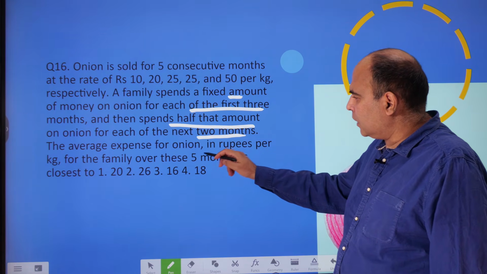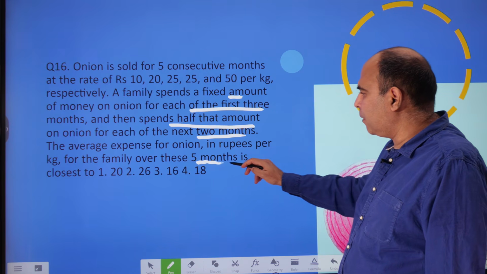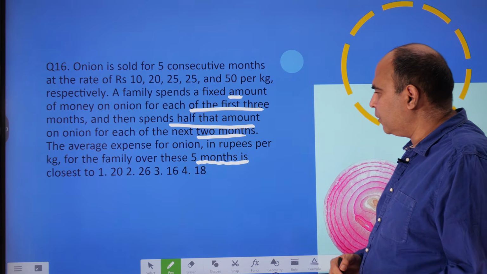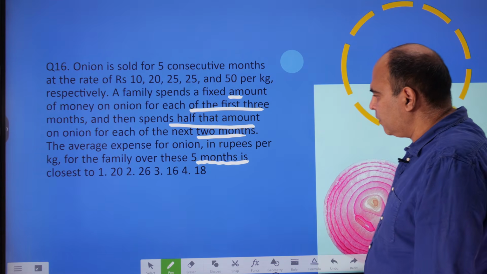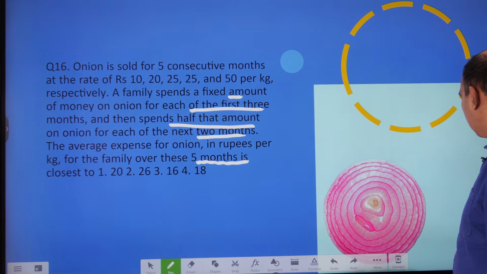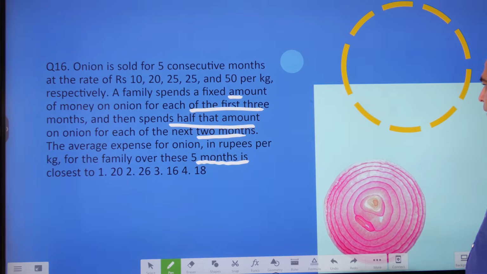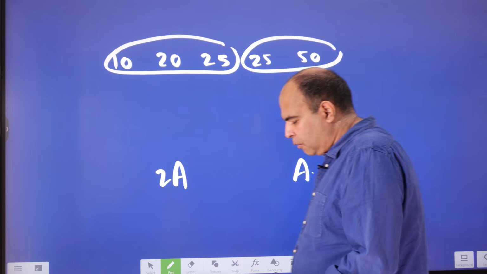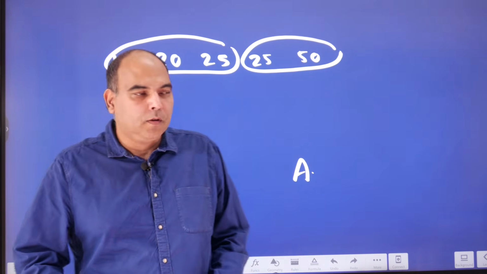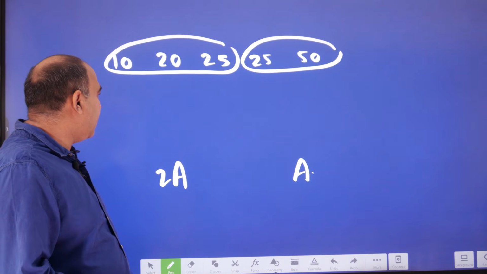The question being asked is the average expense for onion in rupees per kg for the family over these 5 months, which is closest to. So the target value here is the average price of onions, right? If I think about this, typically what I'll do is, first of all, if I take an average, let's say I want an LCM of 10, 20 and 25 for the amount I want to spend